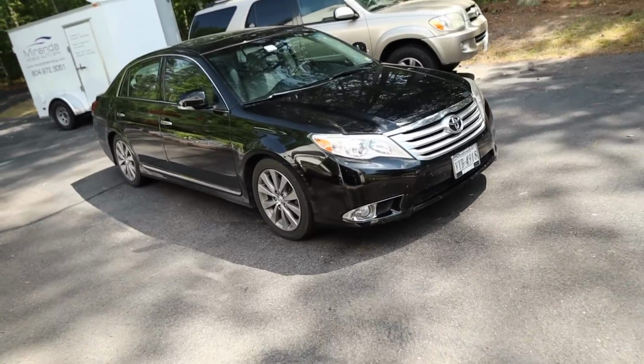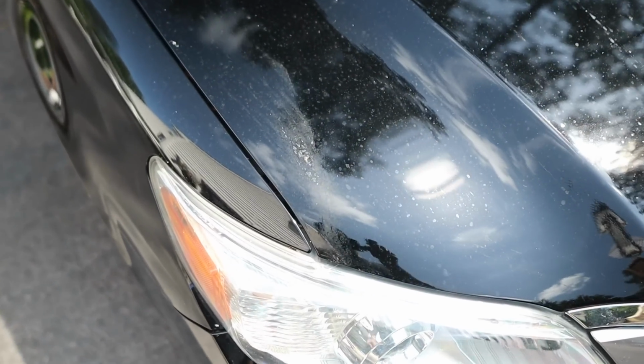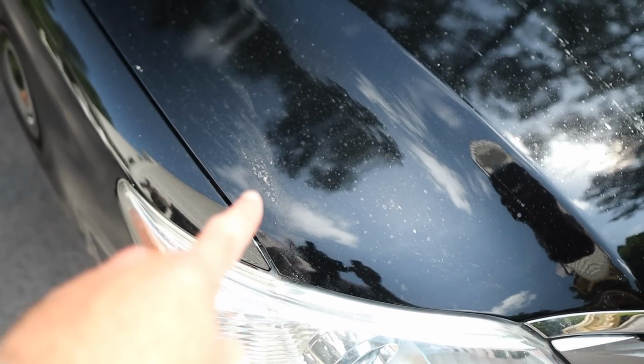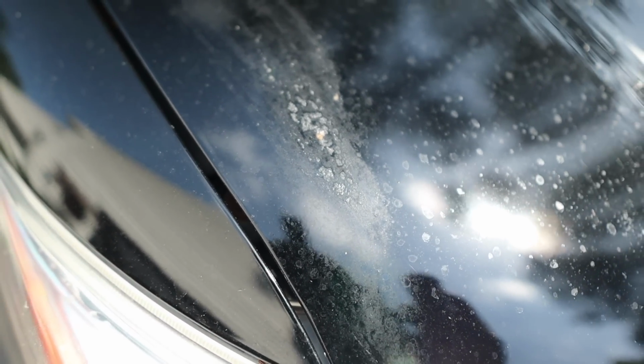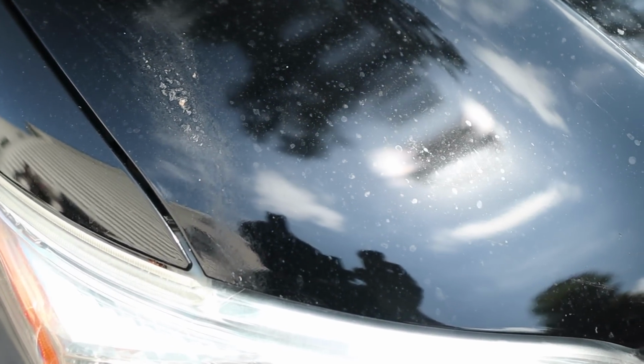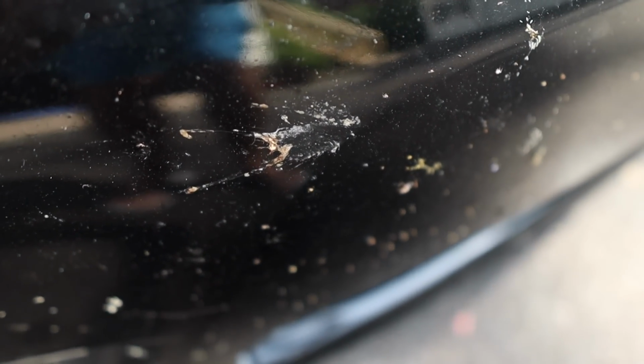Guys, here's the Avalon. I just pulled it out, and as we look over it, already you can see huge... I think that was a cicada. I'm not sure, but it really left a horrible mark on our hood. You can see it's water spotted. It sat under trees because we're in like the forest of upper New York, so lots of rain, lots of bugs. Look at all the bugs we have going on here. Really, really bad. So we definitely have to give this a really good wash